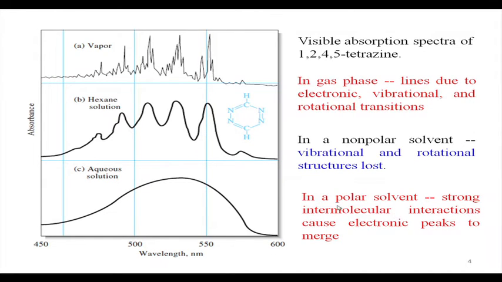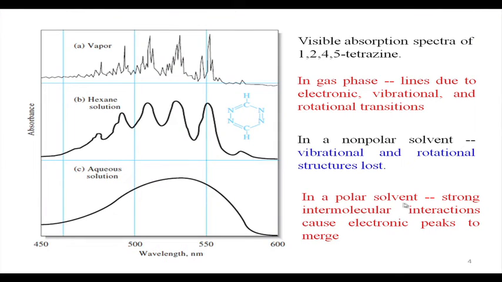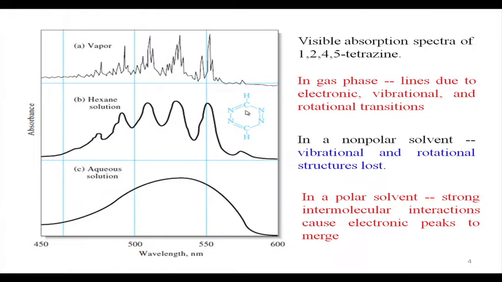So, most of the time when we find that a particular molecule or compound is soluble in water, we will be utilizing water as a solvent, which is a polar solvent as we all know. The solvent water itself is also a molecule, so it can interact with the tetragen molecule. So, we get an intermolecular interaction, and some of these electronic peaks, if we consider this is one electronic peak